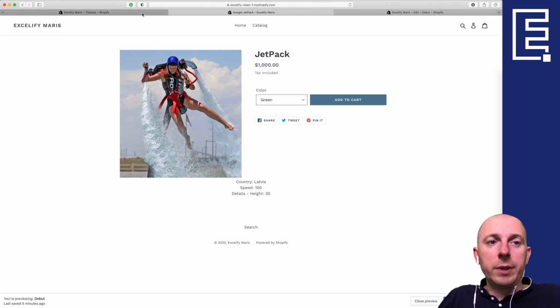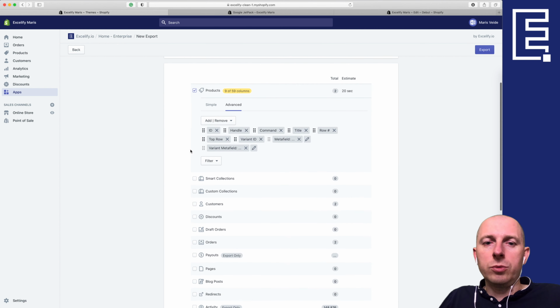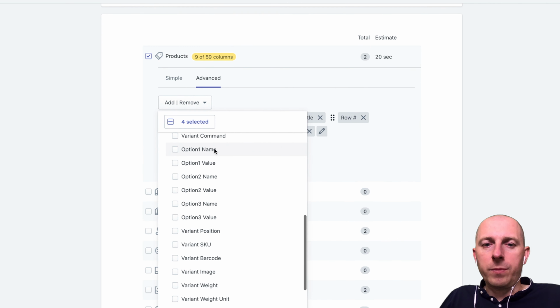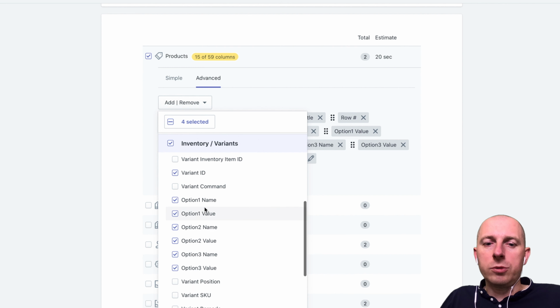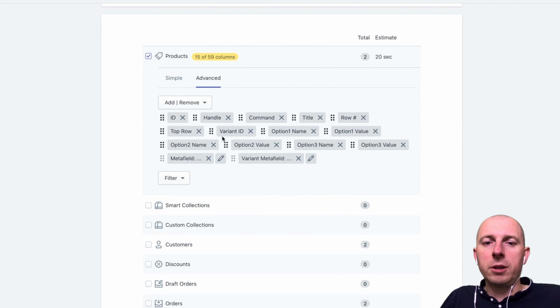Right, so next step is what if we want to update the values of existing metafields. So again, we can do the export, select the columns, and this time we can also add some variant options here, option name and values, so that we can see which variants we are actually updating. And I will show you a neat trick how we can target specific metafields. For example, if you have like thousands of metafields in your store and you need to update just some of